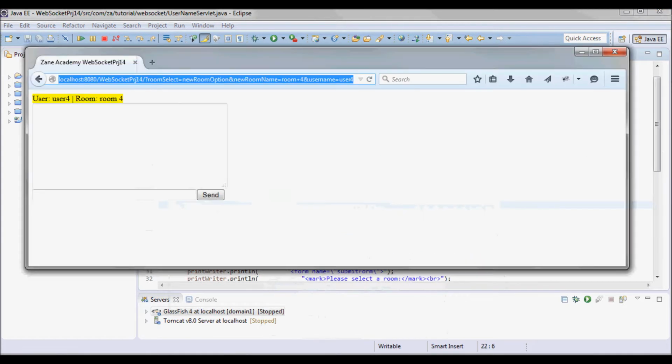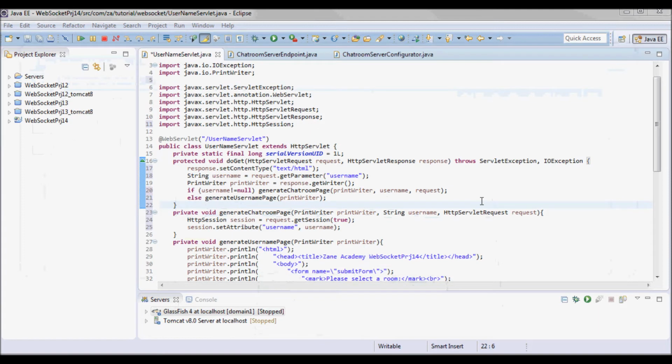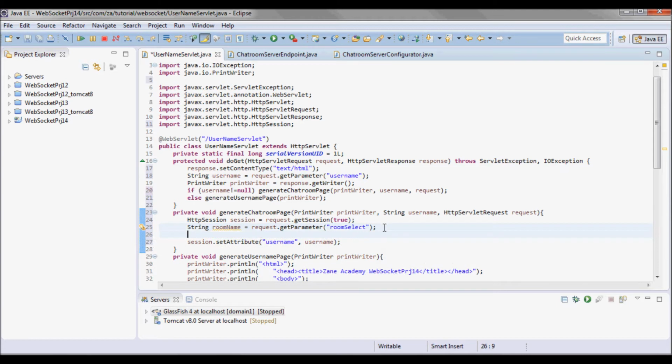And the room name I will be picking up from here, from the room select. So I will do request.getParameter room select for the room name.